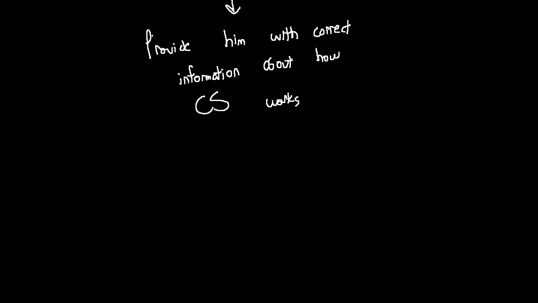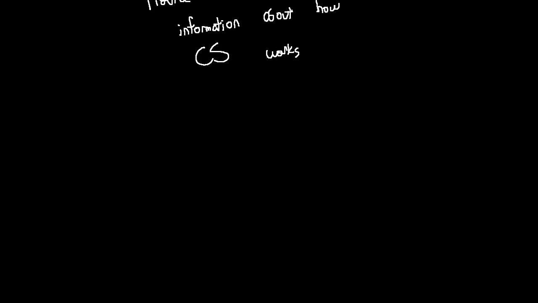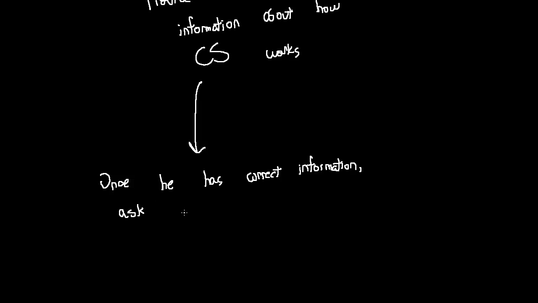And now, after the kid has been correctly informed, remember, this kid could be brainwashed. This kid may have ideas that are not correct. Remember, he's only a 16-year-old who has probably lived a different life than most of us have. What are his ideas? So once he has correct information, ask him again if he wants help.